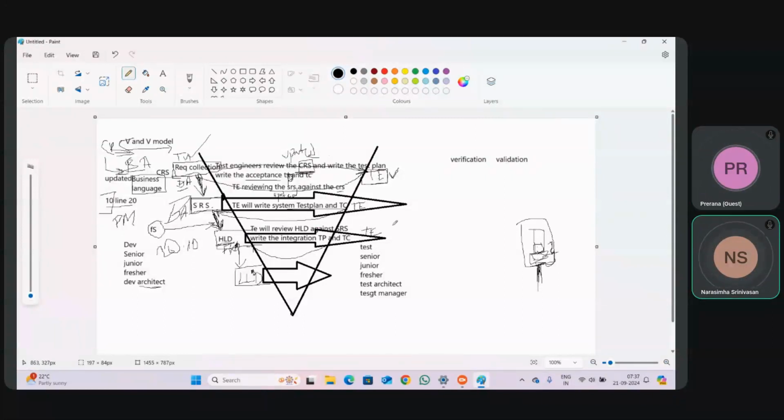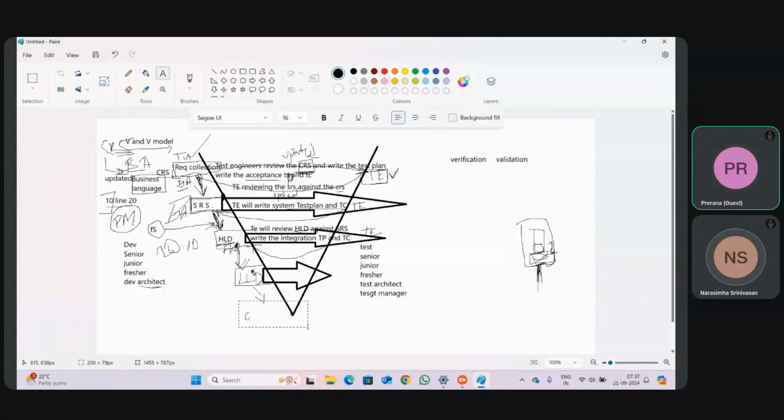Once the test engineer has 100% reviewed my HLD and the quality of HLD is good, in parallel they have converted the HLD into LLD. Now again the project manager will come. He will tell that LLD is completed. Hey developers, come here. You need to write the coding now.